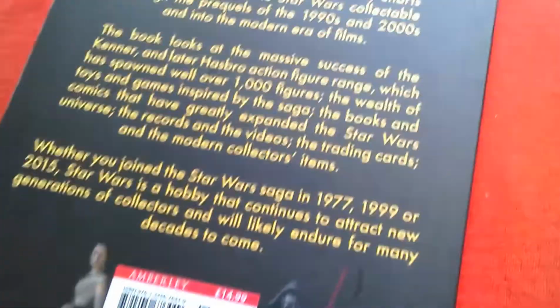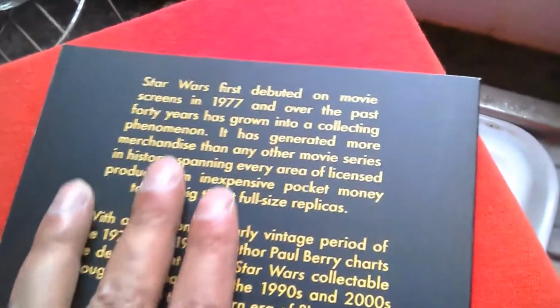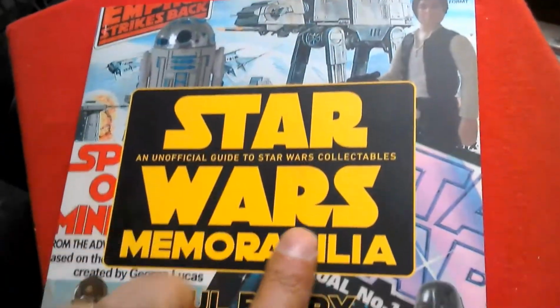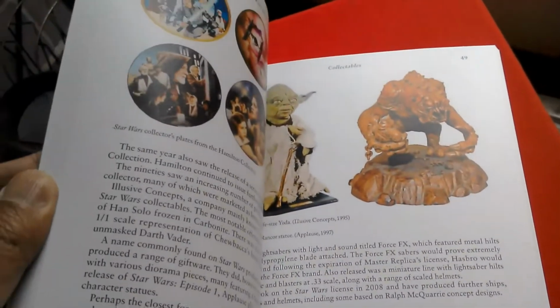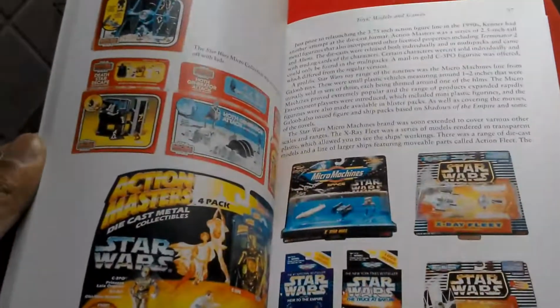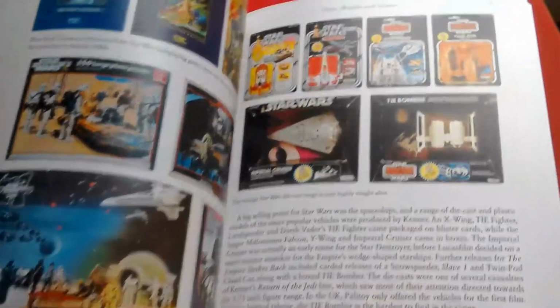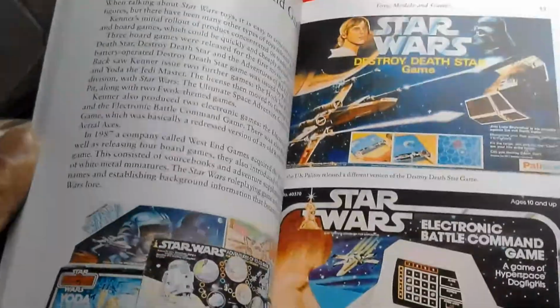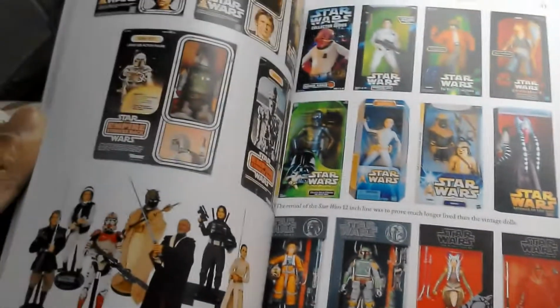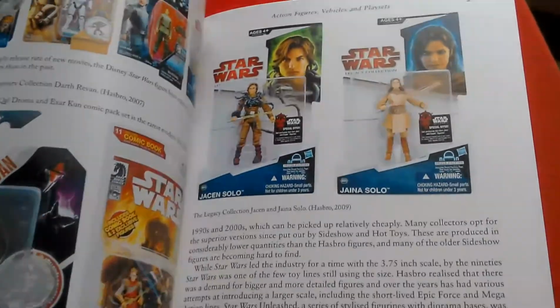This is an English publication. It's by Amberley Books, £14.99, and it's a Star Wars collecting book. And it's by a guy called Paul Berry, sorry, Paul Berry. It's an unofficial guide to Star Wars collectibles and memorabilia. And I'll just show you, so it's quite an okay book, pretty good. Good overview of both vintage and modern collecting. There's the TIE Bomber. So something you might want to pick up. You can get this on Amazon. And it doesn't really have the prices, it just talks about...